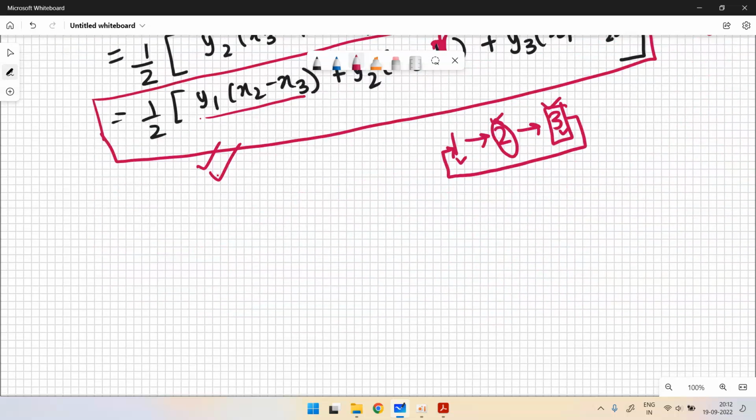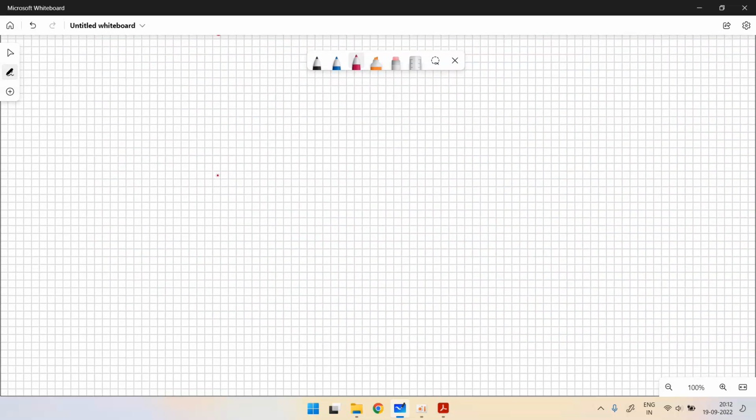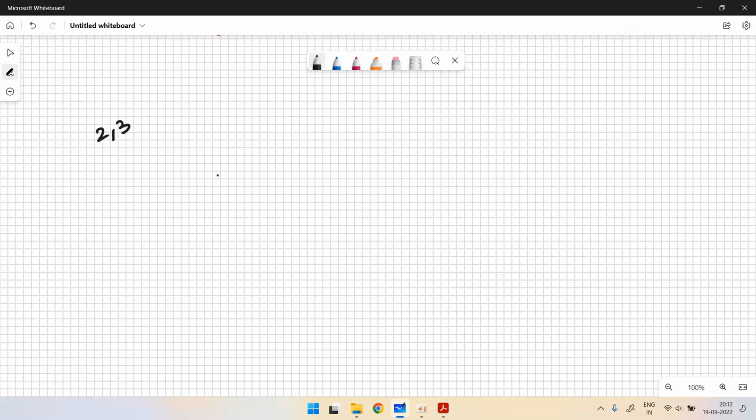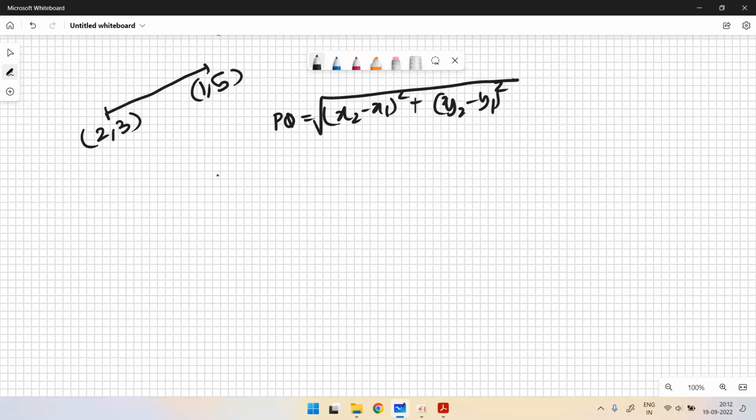Now a question can be framed. Suppose this is my point 2 comma 3, and this is 1 comma 5. Find the distance between these two points. How will you calculate the distance? You know the distance PQ is the square root of x2 minus x1 whole square plus y2 minus y1 whole square. If I take this coordinate to be x1 y1 and this x2 y2, this becomes the square root of 1 minus 2 whole square plus